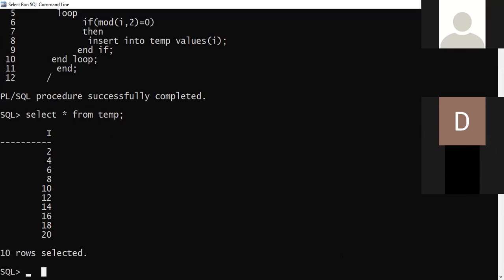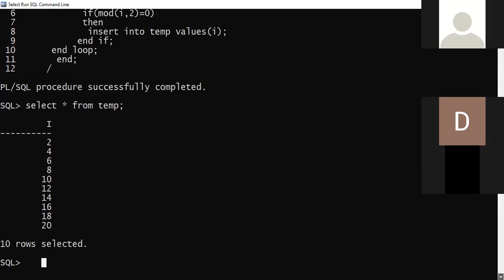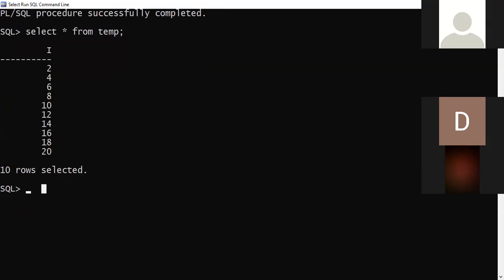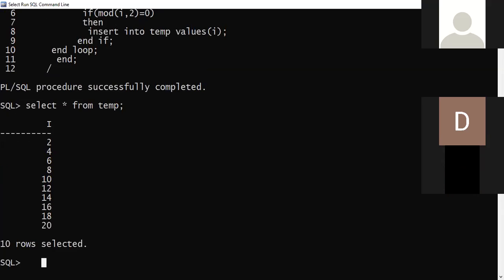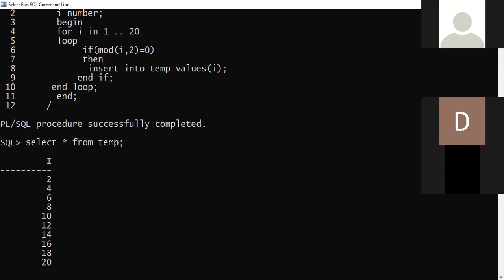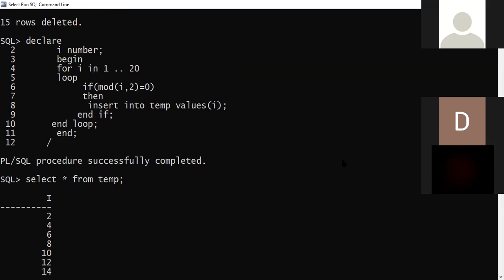Similarly, doing one program may not be sufficient. You have to try various programs like this. For example, what modification may the examiner ask you? The examiner may ask you, show inserting odd values. Then what will you do? The condition will be changed, to not equal to, using the exclamation and equal to symbol. So I will even try that.